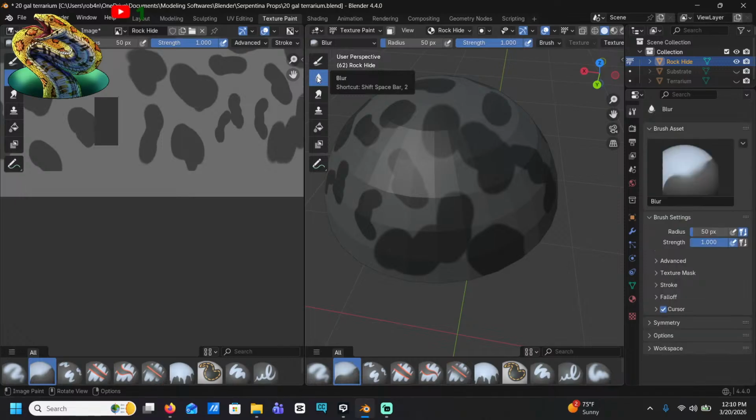Good. Blur. Blur settings up. Save it because it's probably gonna crash the second I try to do this. Whee! Yeah, look at that lag. Strength 2. There we go.